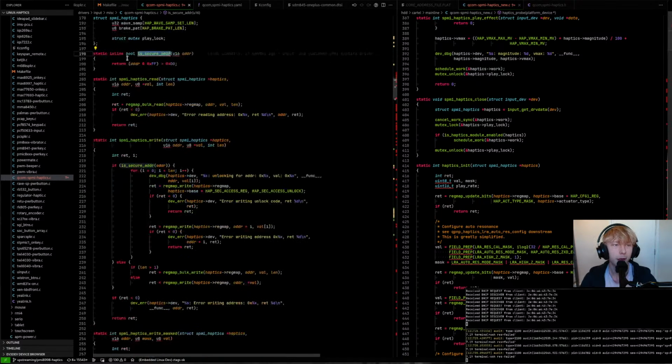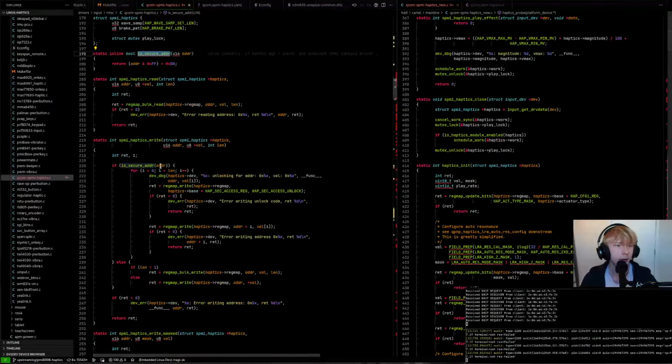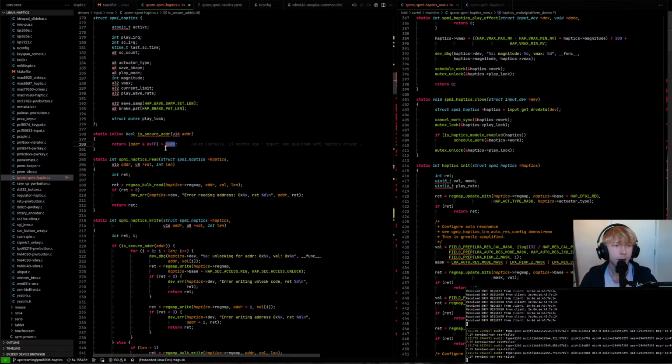Yeah. There's also this secure address thing. So this is for addresses greater than... where is it? Oh, right, yeah. Endianness. If the least significant byte is greater than 0xD0, then it is a secure address,